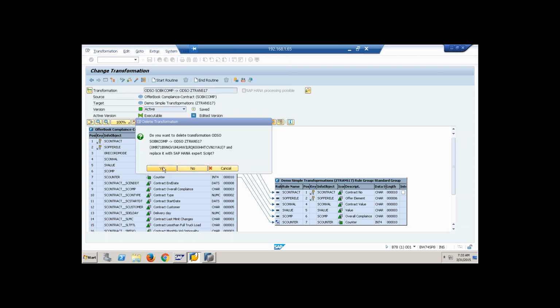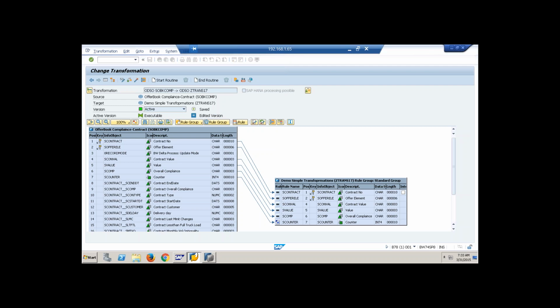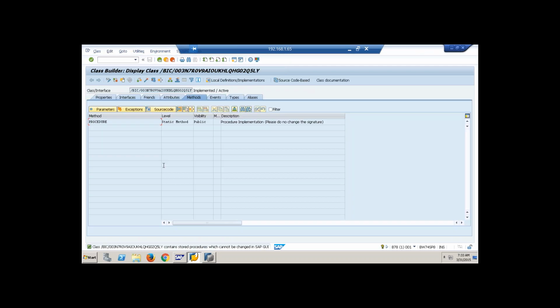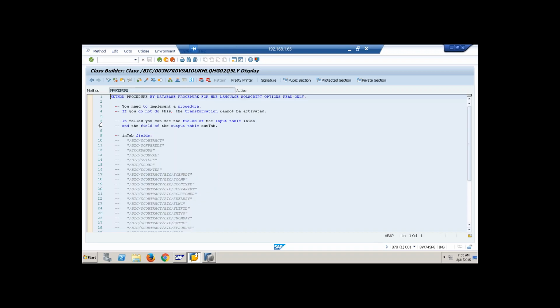Yes. Normally, when you have export routine, there are no field level mappings. It will be all one routine which takes care about mapping every target field. So when I say create export routine, okay, export script routine, it is automatically creating one class, and it's got one method. What is this? Procedure, ABAP method, and this procedure, if you get inside the procedure,